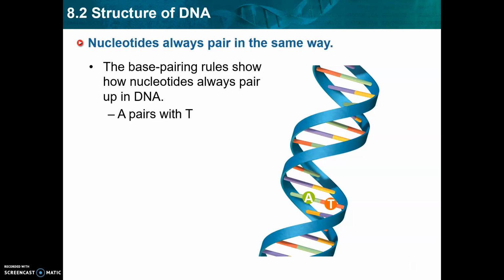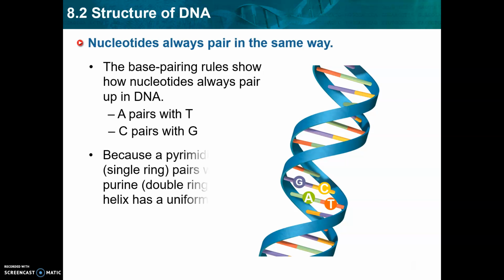And then the second base pair rule, cytosine is always going to pair with guanine. So those two would be complementary. You can see guanine is shown in purple and the cytosine is shown in yellow, and they're always opposite each other. Now, if you are thinking about the structure here, it's interesting to note that we always have a single